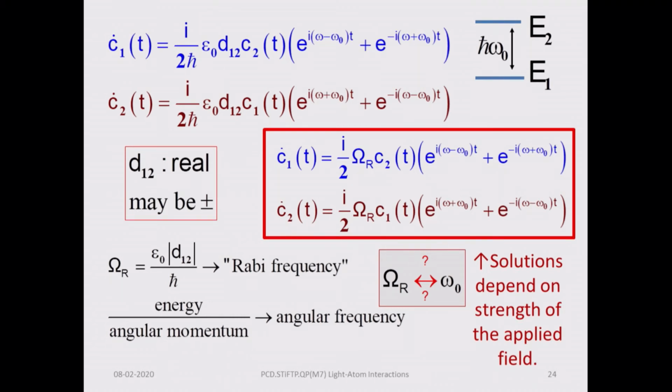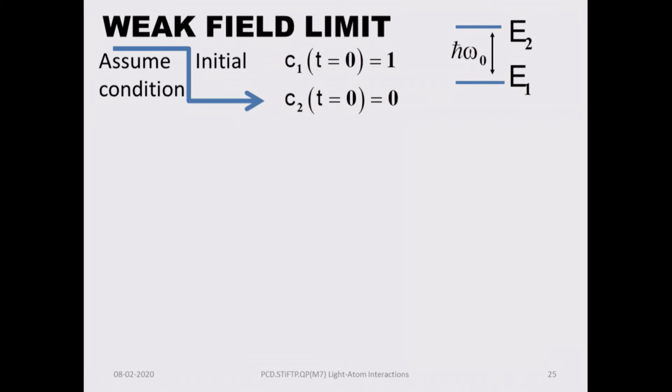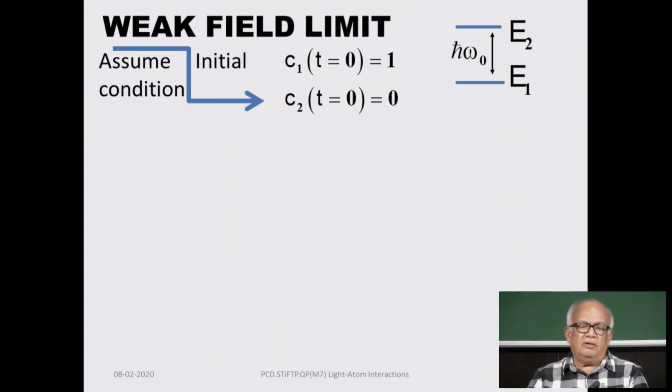And now we are going to look for the solutions of these two equations. So you have got two differential equations. They are obviously coupled differential equations, right? Because C2 appears in the time dependence of C1 and C1 appears in the time dependence of C2. So you have coupled differential equations, and we will seek solutions in two different limits, the weak field limit and